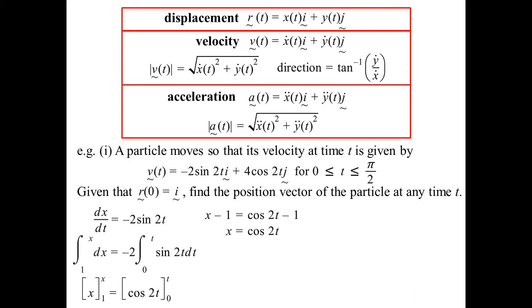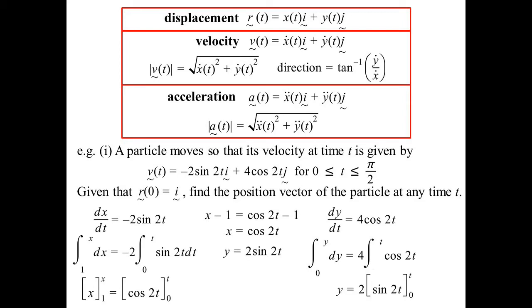Now let's do the same for the vertical direction. So dy/dt is 4 cos 2t. Integrate both of those. This time, when t is 0, we have 0 in the vertical direction. Our initial condition, it was simply horizontal. It was just i. So subbing in for that one, I get y is 2 times sine 2t,